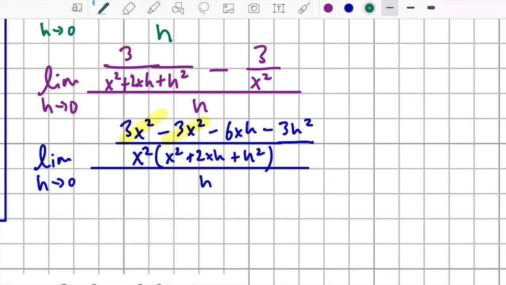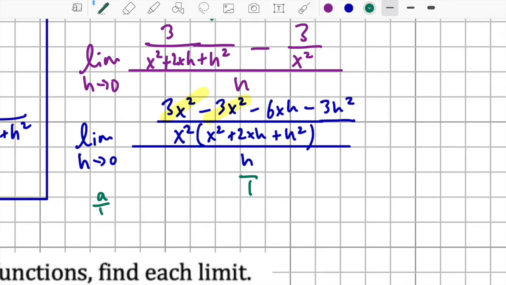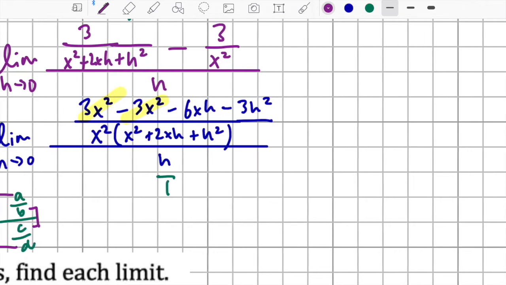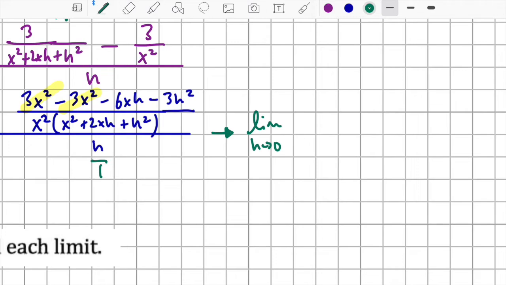And if you imagine that the h is over 1, remember that if you have two fractions, a over b divided by c over d, then I want you to write multiply it like this: a times d, so the outside ones, and that goes on top, and then the inside ones, b, c, that goes in the bottom, in the denominator. So let's see, that'll be limit as h approaches 0, and we are going to end up with,